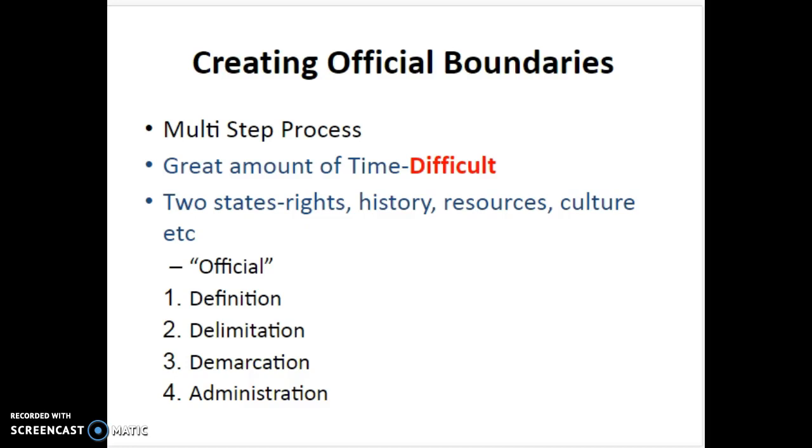All right, so you can see on the screen right now, I have a slide that's typed up that says, again, basically the 4 steps to keep in mind if we're talking about creating official boundaries. Now, to create official boundaries between states, that's a difficult process. We have to keep in mind that states you could kind of look at from the perspective are evolving. They're almost like organisms in themselves.